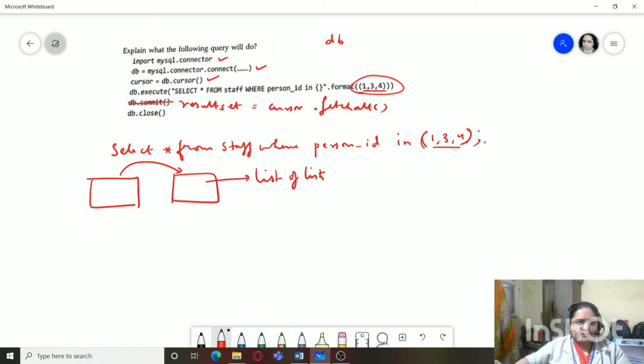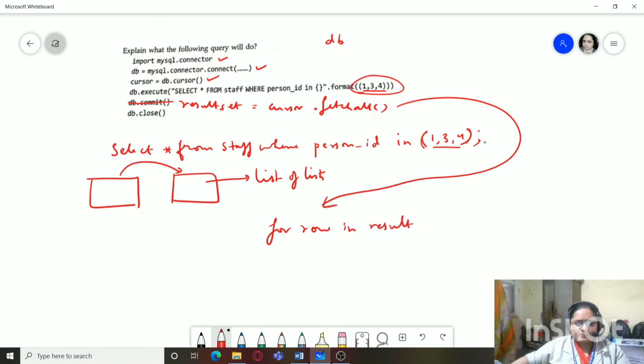So hence after this we can include a statement like this, that is for row in result set print row, and finally we can write db.close. So our answer should be this.